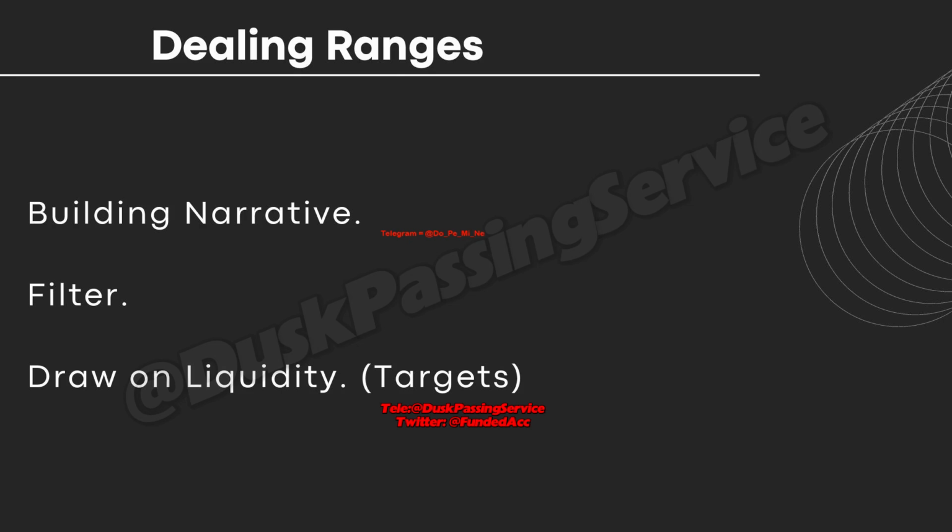The third aspect of the dealing range is that it can be used for determining and refining your draw on liquidity. Let me tell you how. For example, if we are in a bullish market condition, if we've got a bullish dealing range, we know that in a bullish market condition, price will tend to retrace to a discount key level before moving higher. So with that fact in mind,